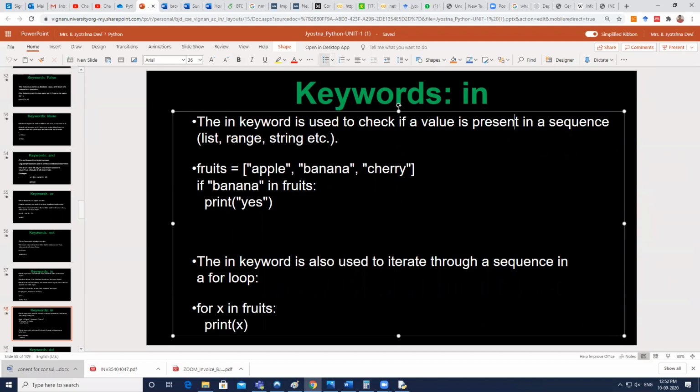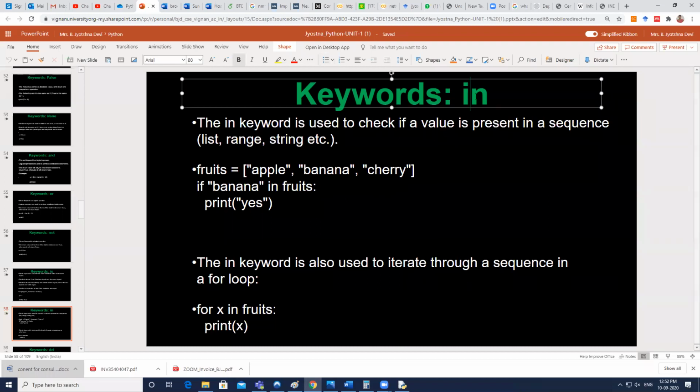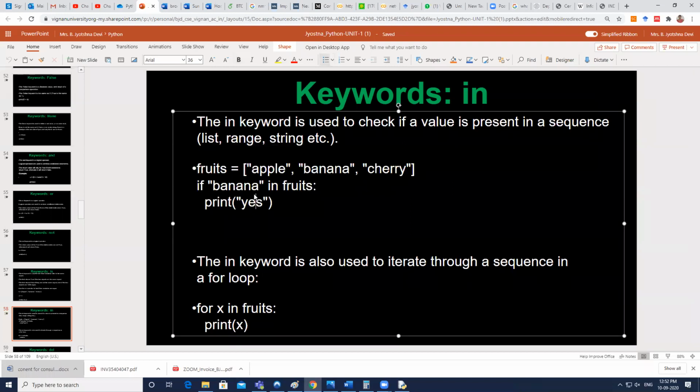But just remember, to check whether a value is present in a data structure or not, we use the keyword in. I have shown the example, right? So instead of taking strings, you have taken integers.